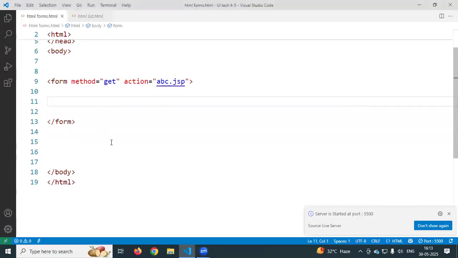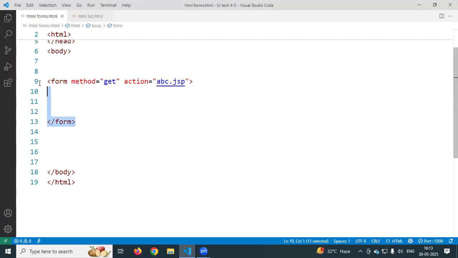Okay, yesterday we started HTML forms, right? What is the purpose of HTML forms? HTML forms are used to collect information from the user. That information is sent to the server. So if you want to create an HTML form,